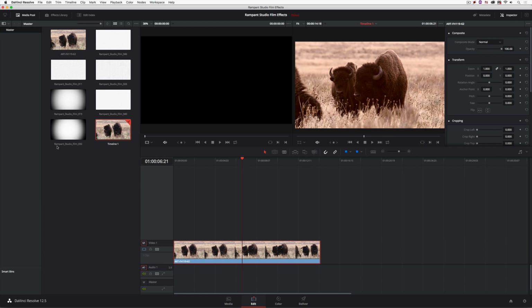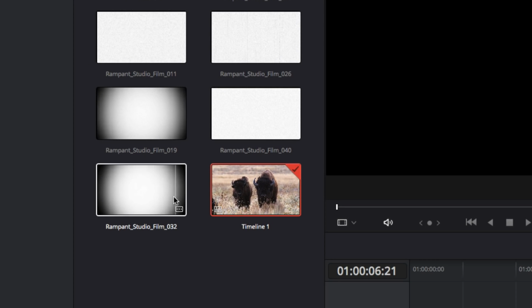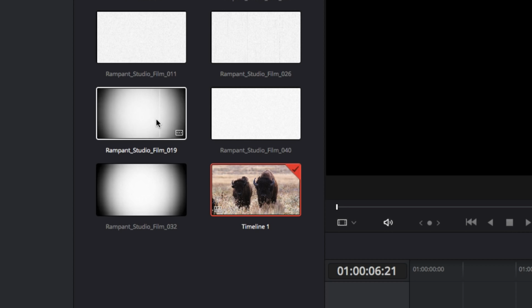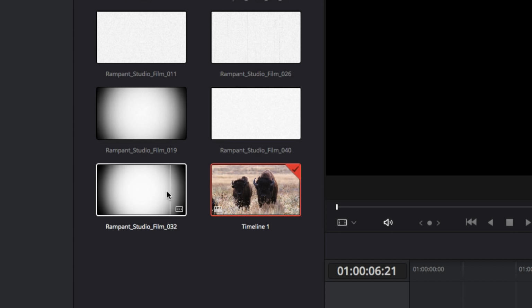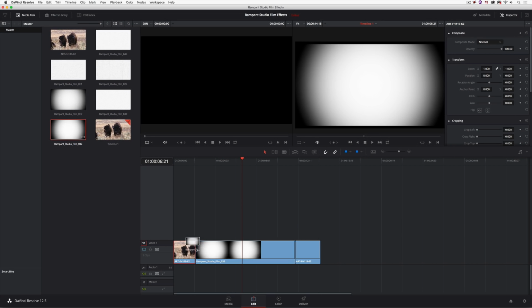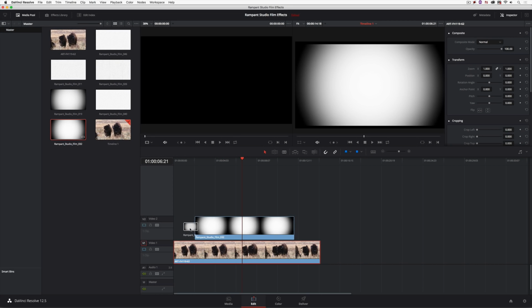So I'm going to use the skim tool just to skim over top of this, just to see which one I think I'd like to use. Now, this one I notice flickers quite a bit. This one, not so much. So I think we're going to go with this effect here. I'm just going to, again, drag it right down onto the clip and then pull up to create that video